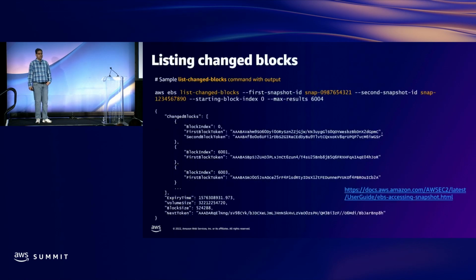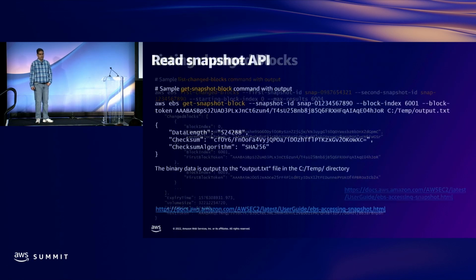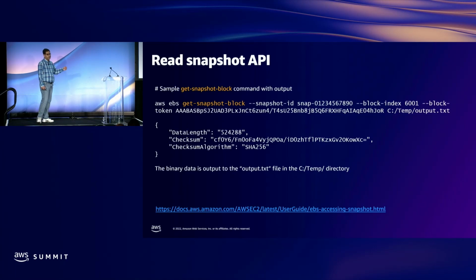You can also list the change blocks. And with the change blocks, you will get the listing of what the block indexes are and where the data is being stored. And here's a read snapshot API example. You can get the snapshot block and get a list of what the APIs are. But a combination of these read and write APIs, especially as you're thinking about applications and building solutions, is a really powerful tool for your backup and DR applications. But we are not done there yet, and lots more to do on that front.